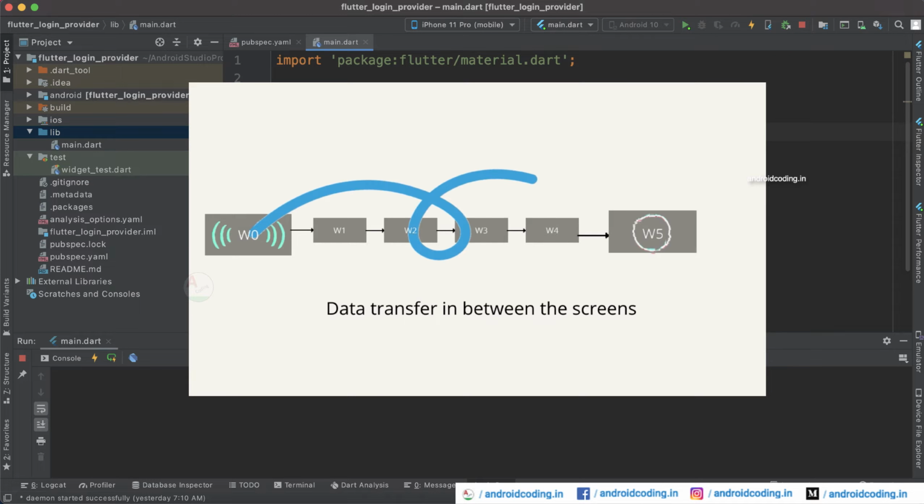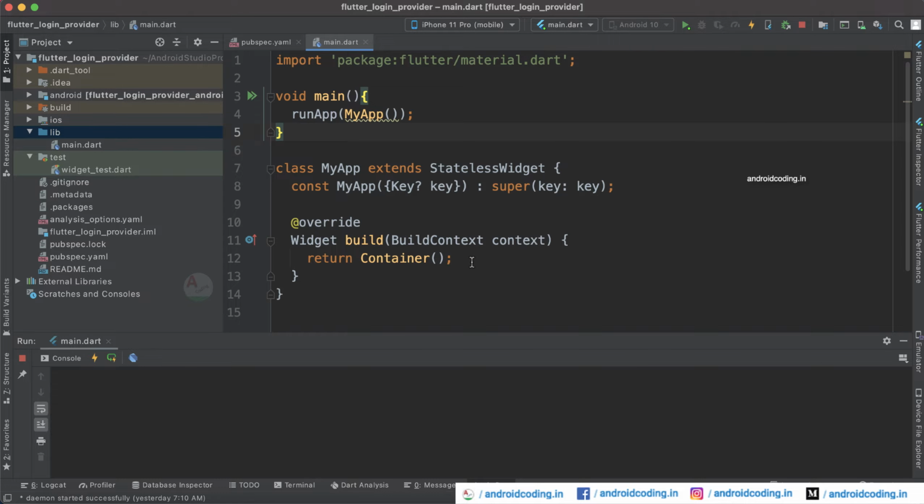here. And it's not only widget 5, if the information is required in widget 10, you can also make use of the consumer and have the information without any chain linkage in between. And this particular provider makes our work much simpler and easier also. For example, you have fetched the user information, and for once at the time of login, you can make use of the user credentials or information throughout your application and maintain a smooth process instead of moving the data from one screen to another repeatedly.